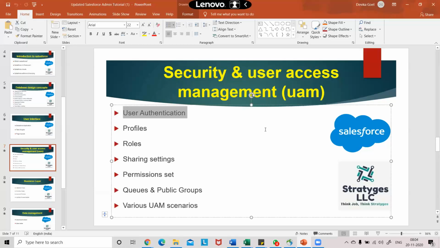Profile means what work I have to do in the system and what work Ravi will do. That doesn't mean that if Ravi is the CEO, he has more access. Ravi may have less access and I have more access, because I deal with the customers directly and Ravi deals internally. Sharing settings, in general words, not technical things, means